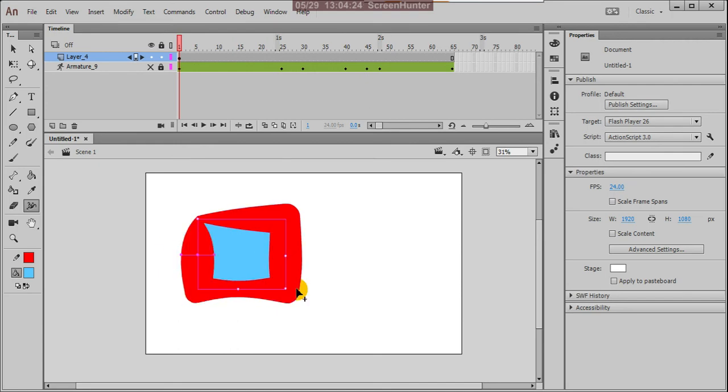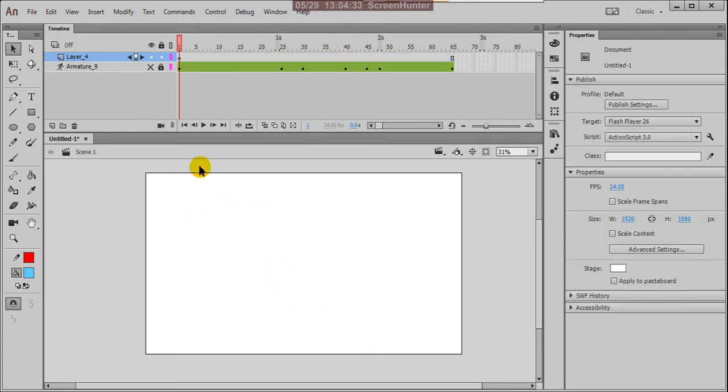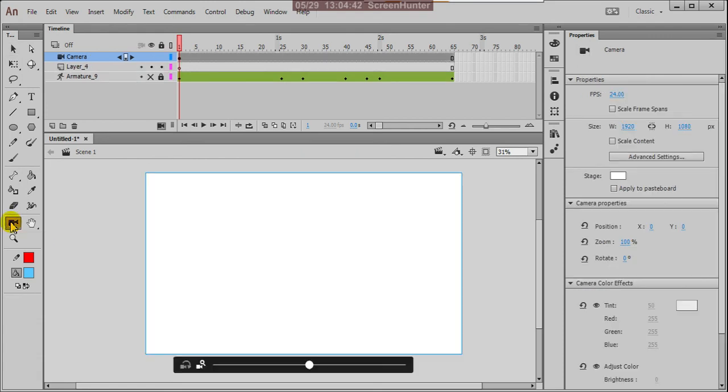Sometimes we use this for decoration of the outline and border. And then this is the camera tool. When we do animations, then I'll explain. After clicking the camera, your area is zooming.